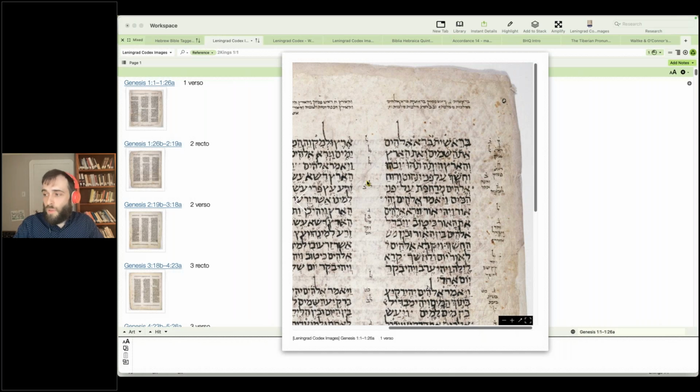It's an excellent representative of the Masoretic text, but it's not necessarily an ideal representative of the Masoretic tradition. It's not a perfect Masoretic manuscript. And one of the reasons for that, why I am saying that, is because it was only written by one scribe,